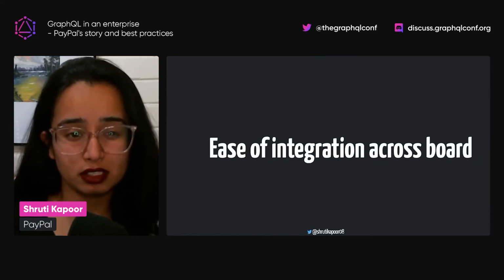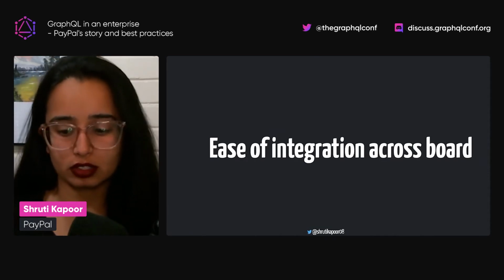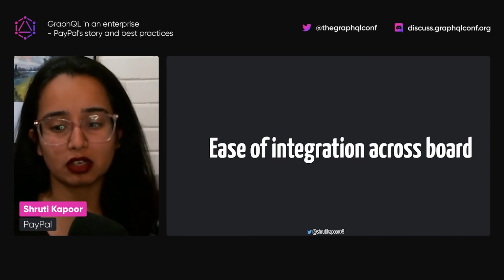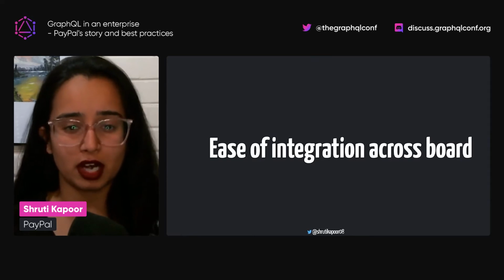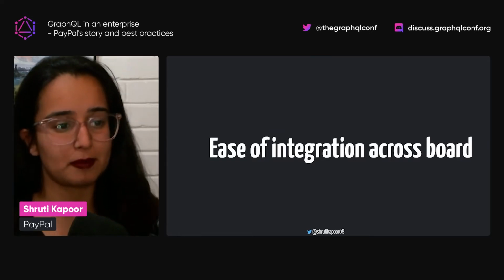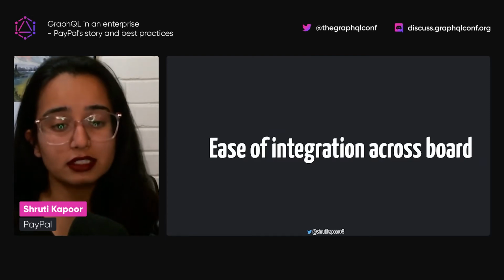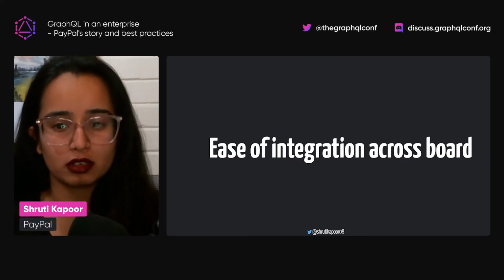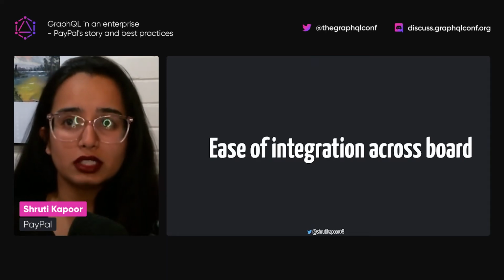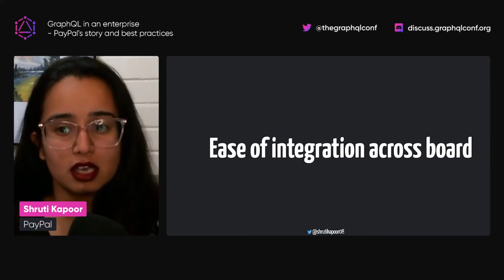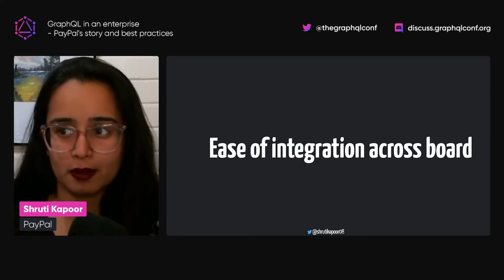We wanted it to be easy to integrate with this API across the board. So, for example, if there were companies or subsidiaries or other teams that had not worked with our API before, they shouldn't have to have any prior knowledge before integrating with it. And this became really important when we were building a unified API to build identity apps, because we wanted to be able to integrate with the identity API without having to have prior knowledge of what else is required for the PayPal domain.